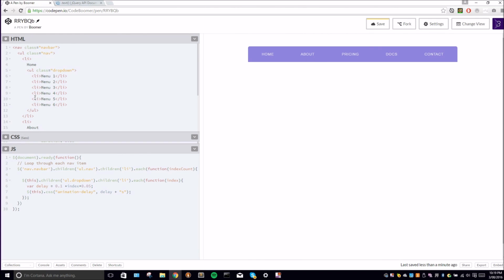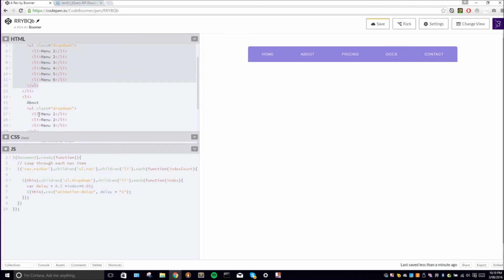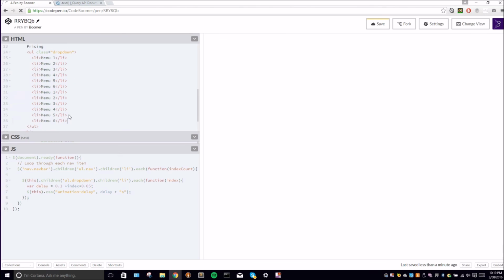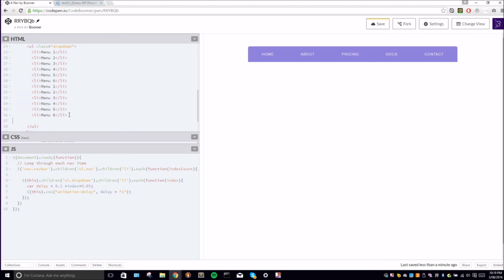And even if we go to the pricing here and we'll put another drop down, even if we drop this down a line, one long drop down menu. I can't be bothered updating the values, but you can see